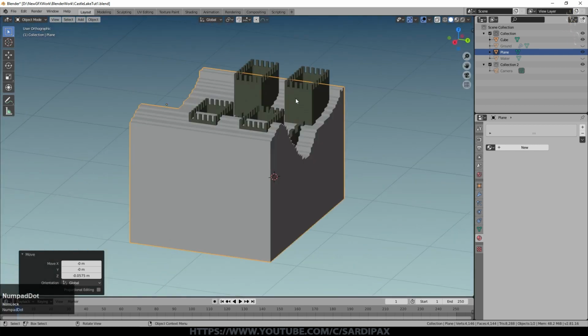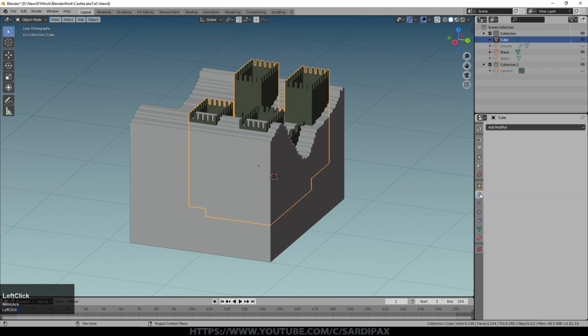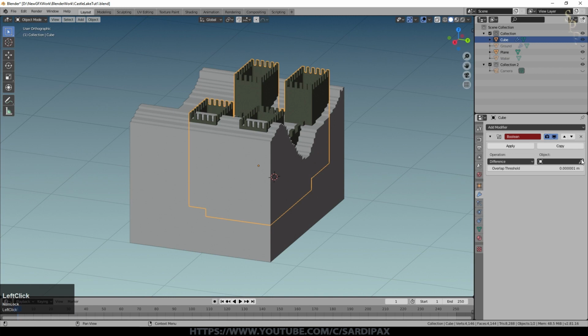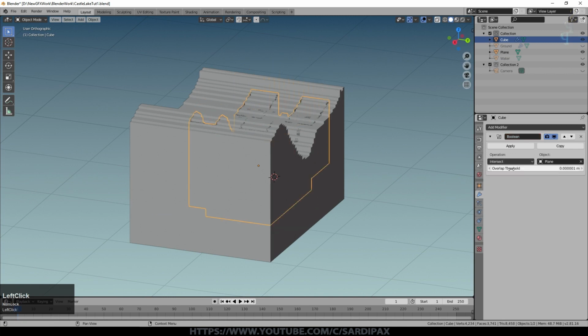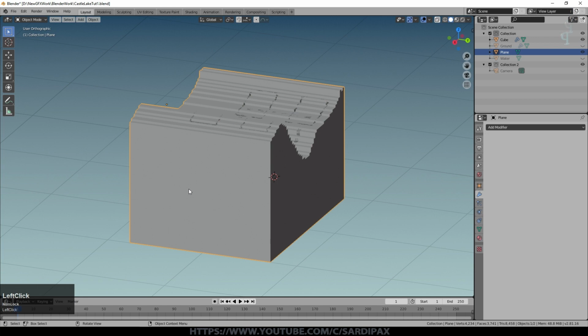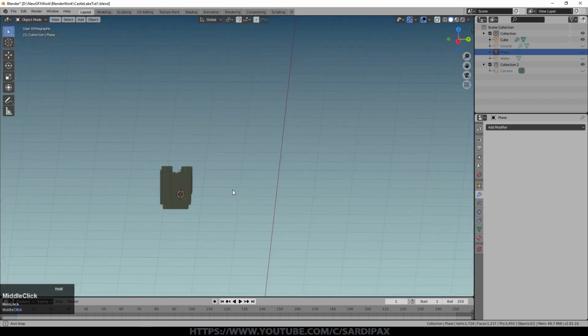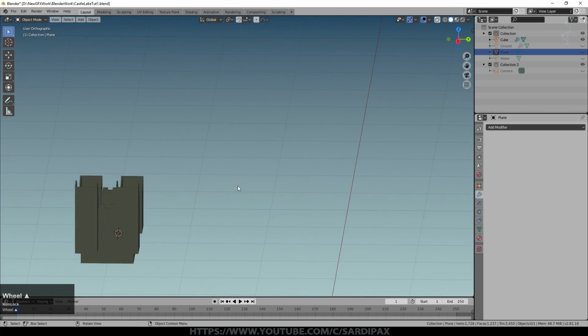Okay, so we'll now select our castle. We'll go to modifiers. We'll add a modifier which is the Boolean modifier. We'll select an object which is our new object, and we'll say intersect. And then we'll apply that. If you want to see what it looks like without applying it, you can just hide that object. So you can see that's what it's done. And you can see what I mean about needing to make some changes afterward.